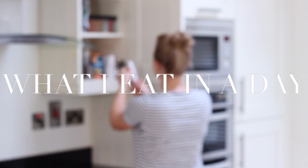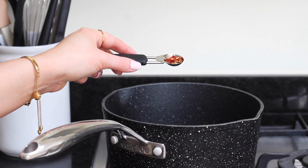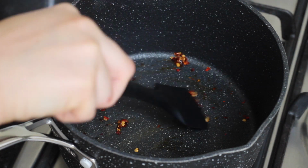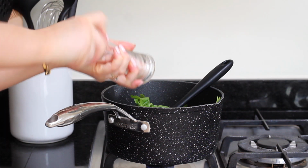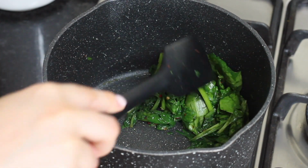For breakfast one day this week I had avocado and spinach toast. I first added half a teaspoon of chili flakes to a pan with a drop of oil, and I just let those fry off for around a minute. I then added in 2 large handfuls of fresh spinach, seasoned with salt and black pepper, and I wilted that